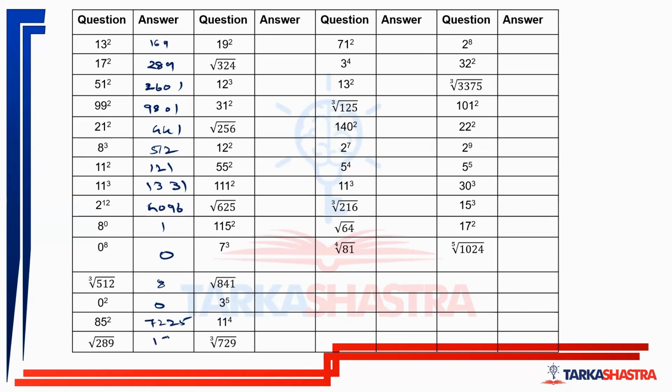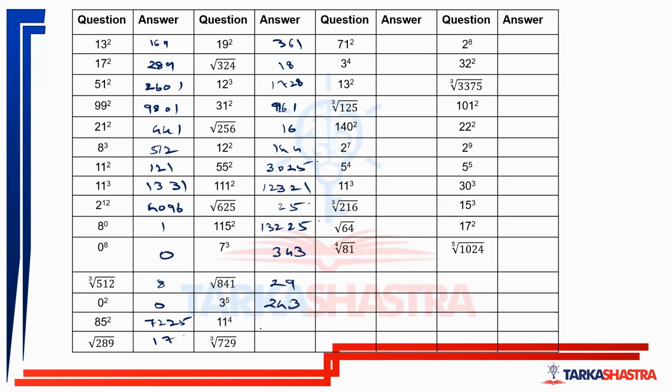Under root of 289 is 17. 19 square 361, under root of 324 is 18, 12 cube is 1728, 31 square is 961, root 256 is 16, 12 square 144, 55 square is 3025, 111 square is 12321, under root of 625 is 25, 115 square is 13225, 7 cube 343, root 841 is 29,